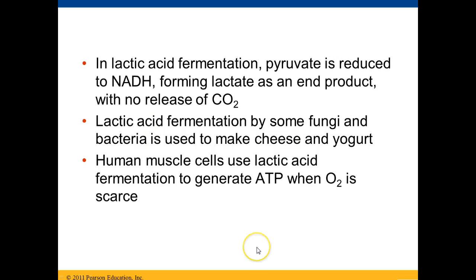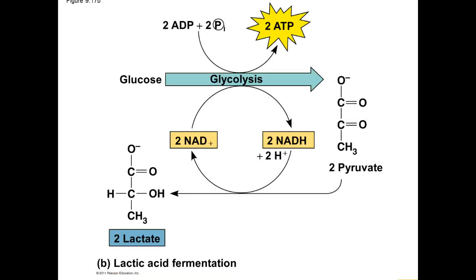For lactic acid fermentation, pyruvate is reduced by NADH, forming lactate, but you don't get a release of carbon dioxide. And this can be used by fungi to make cheese and yogurt. And then, of course, the classic is with our muscle cells when O2 is scarce. And when you actually go into something called oxygen debt, that is the amount of oxygen